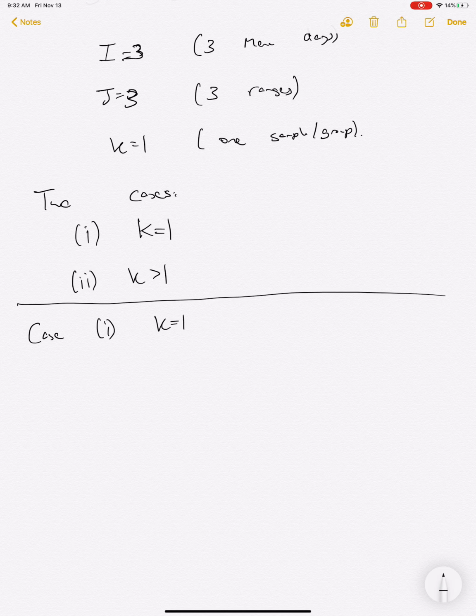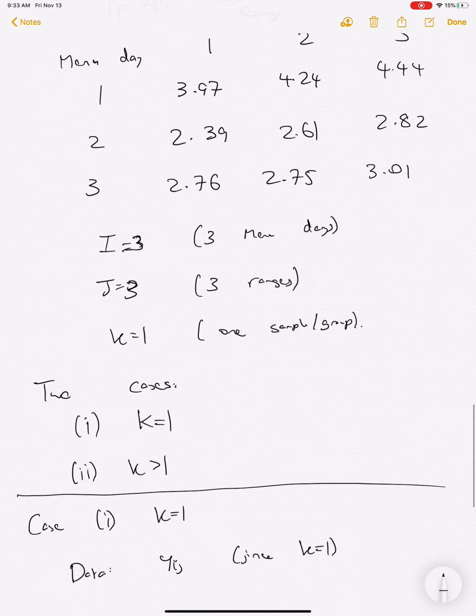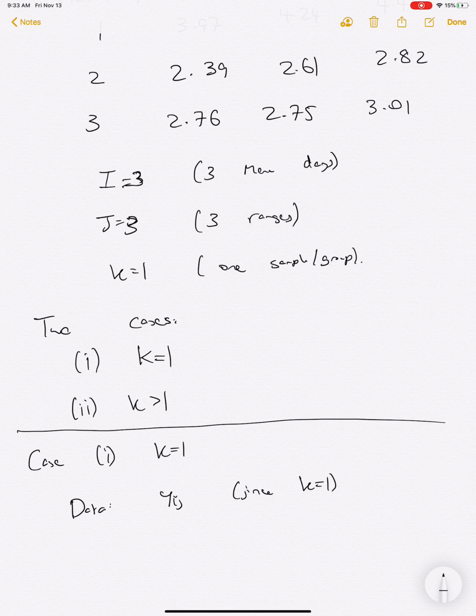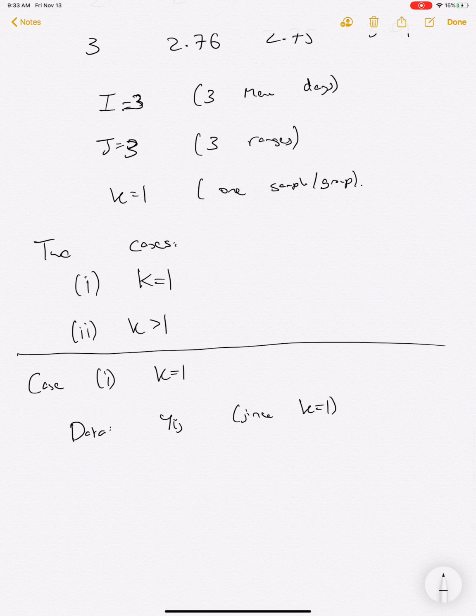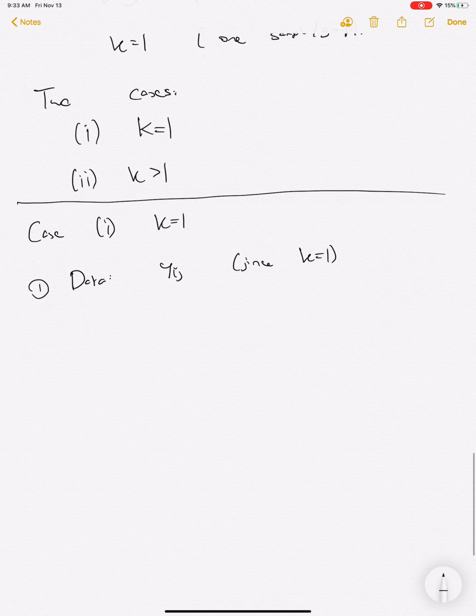So we're just going to say our data here is just yij since k equals 1. Because, if you think about that range example, if k equals 1, that subscript's always going to be 1, so there's no real value in including that. And then for our model,